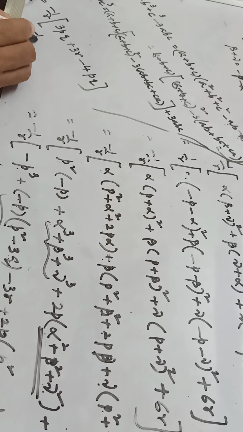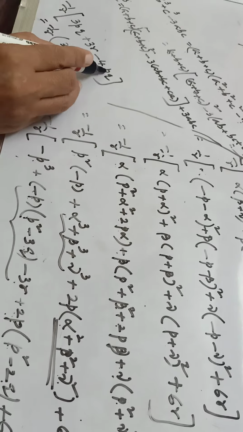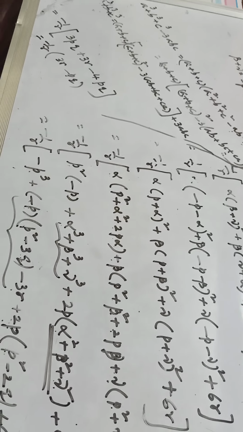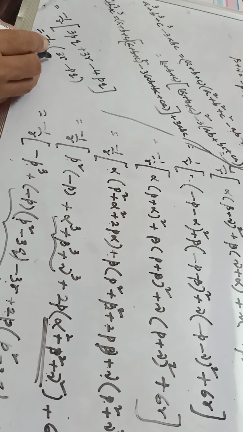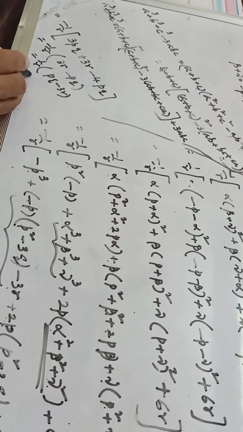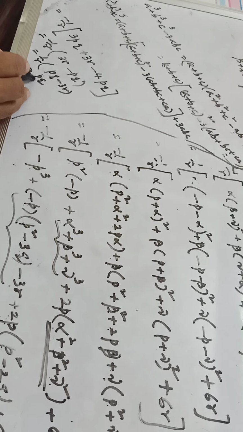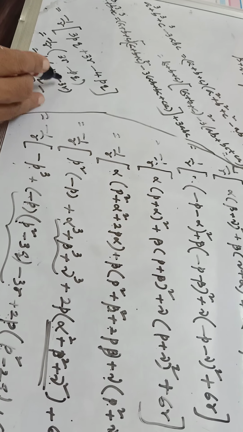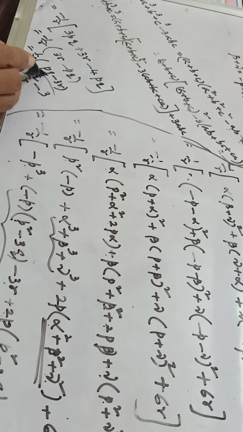So this is minus 1 by r into 3r. 3p cube minus 4p cube is minus p cube. If you multiply with minus sign, then p cube has to be written at first. So this will be 1 by r into p cube minus 3r. Or simply if you multiply with this 1 by r, you will get p cube by r as the first term. And the second term is r, and r get cancelled. If you multiply 1 by r with this, 3 will remain. So p cube by r minus 3, this will be the answer for this. Here, remembering this formula is very important.